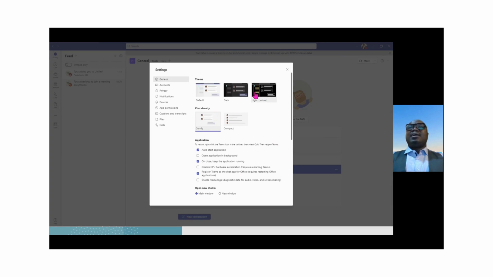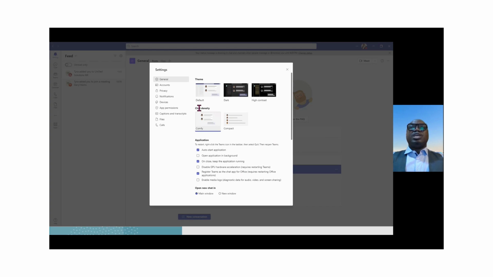But you have this dark and high contrast theme for people with disability, maybe some people that have accessibility issues. So there are tons of people with disability across the globe, and you want your presentation or your meeting to be clear to everyone to view it. So that's why this theme is important.